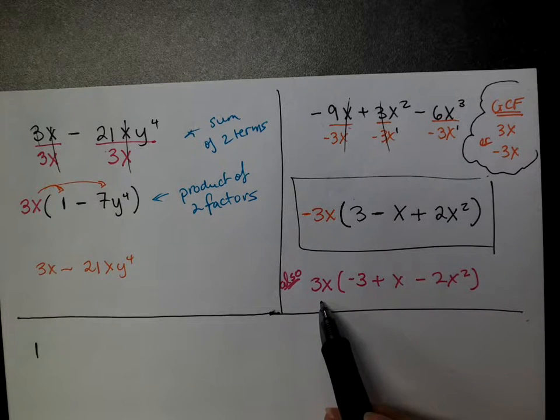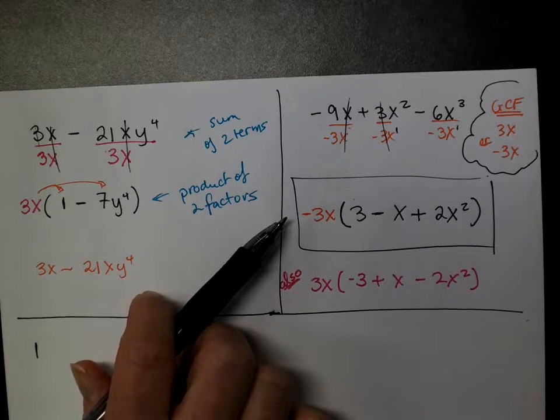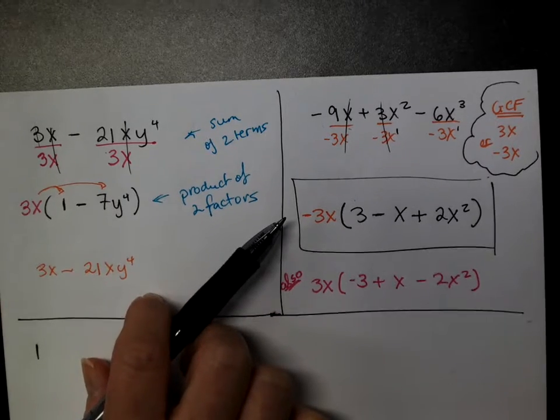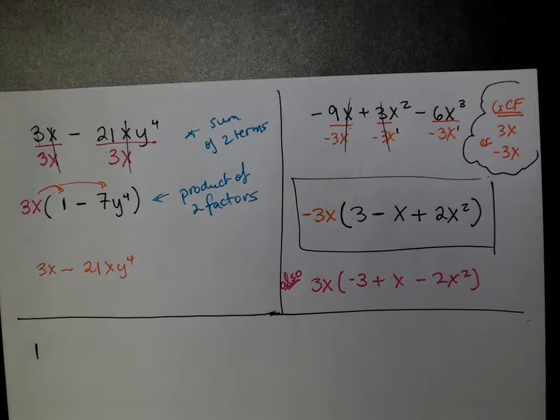Like you said, how would you ask for it? If I want that specifically, I would say factor out the positive GCF or factor out the negative GCF. And if I wasn't specific, if I just said factor, then it would be your choice, either one. And like I said, the next technique I'm going to show,